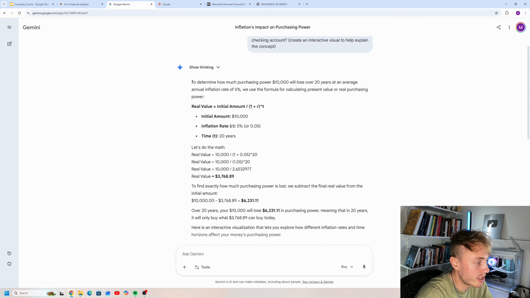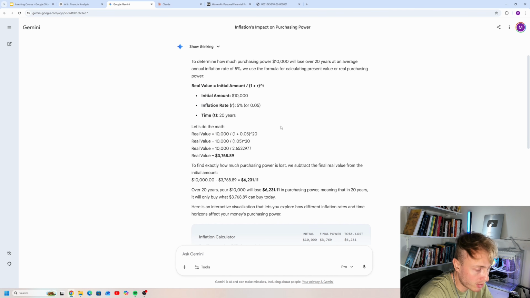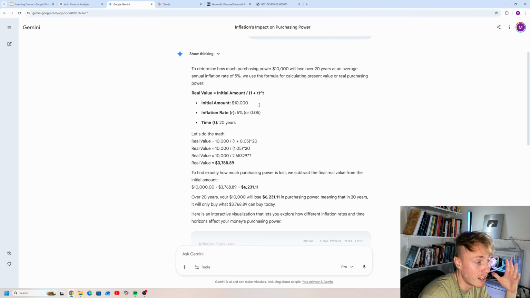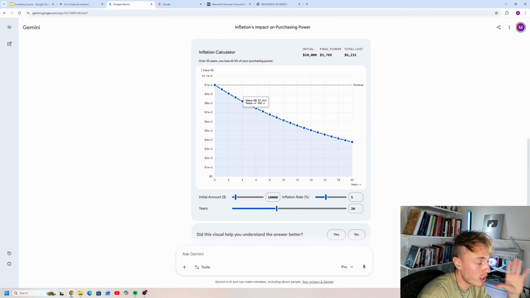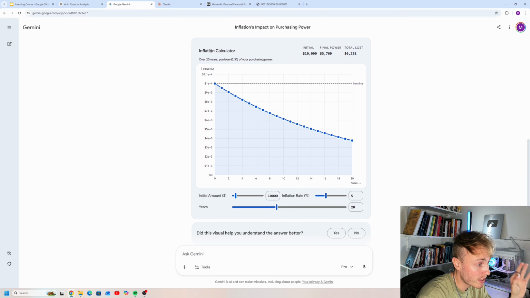Alright, so the model is now done thinking, and you can see that first of all it shows how it made the calculations. So if you are into math, you can read all that. But what we are mostly interested in right now is the calculator we asked for, or the visual. As you can see right here, we can actually choose the initial amount. So let's start with 10,000 US dollars, and if we have an inflation rate of 5% and 20 years, here you can see a demonstration of how